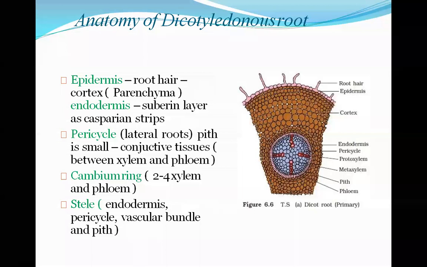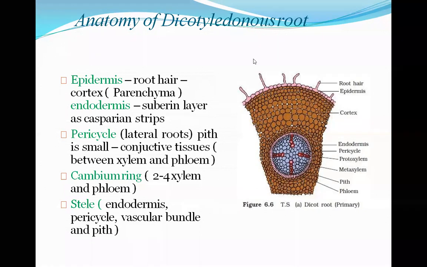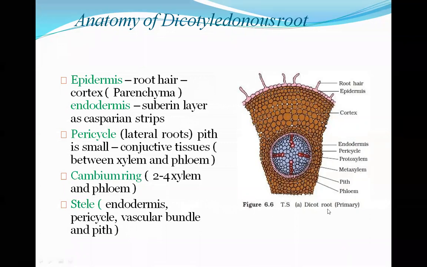Today we are going to see 11th science biology, chapter number 6, that is the anatomy of flowering plants. We have covered so many topics of this chapter, and today we are going to see the anatomy of the dicotyledonous root, right? So, starting with today's lecture, here I have written several points, and along with that I have shown a figure, right, which is depicting the dicot root, right?